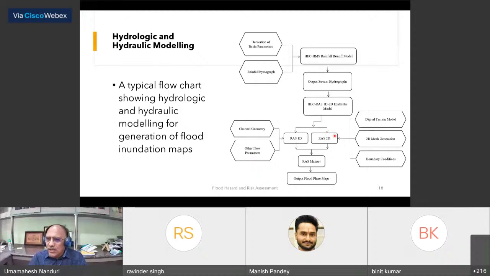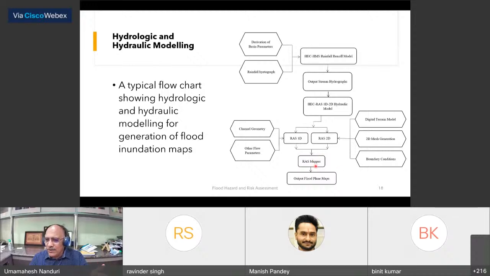And then the 2D would be basically to study the propagation of flood over the land, meaning over the floodplain. So the 2D obviously needs a 2D digital terrain model, and then you use some kind of mesh array to divide this into a 2D mesh, because these hydrodynamic models use a finite difference method to solve these equations, and then define the boundary conditions, and based on that you can generate this,